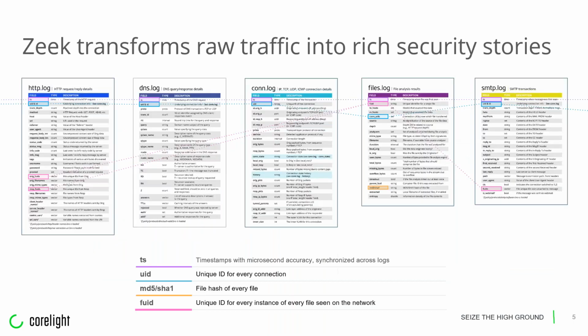And so Zeek is the counterpoint to that. It is a single open source standard that is designed to log everything that occurs on your network, all the way from your basic layer 4 sort of flow information up through all of the different layer 7 protocols that are on modern networks, as well as the files that ride on top of those layer 7 protocols, and do so in a standardized, forensic-centric sort of a format